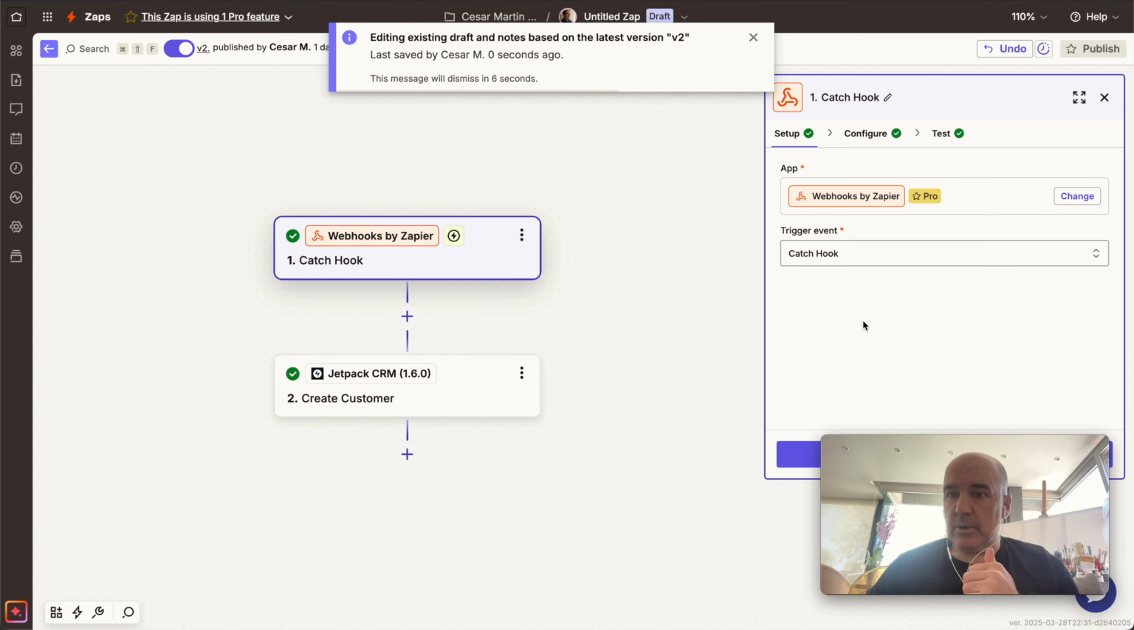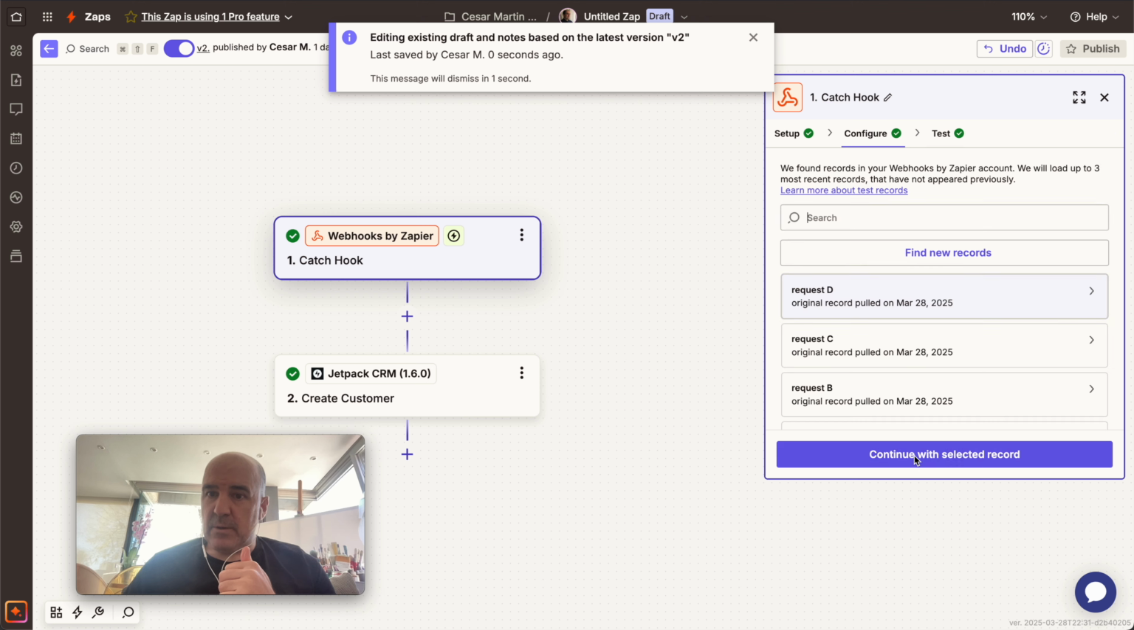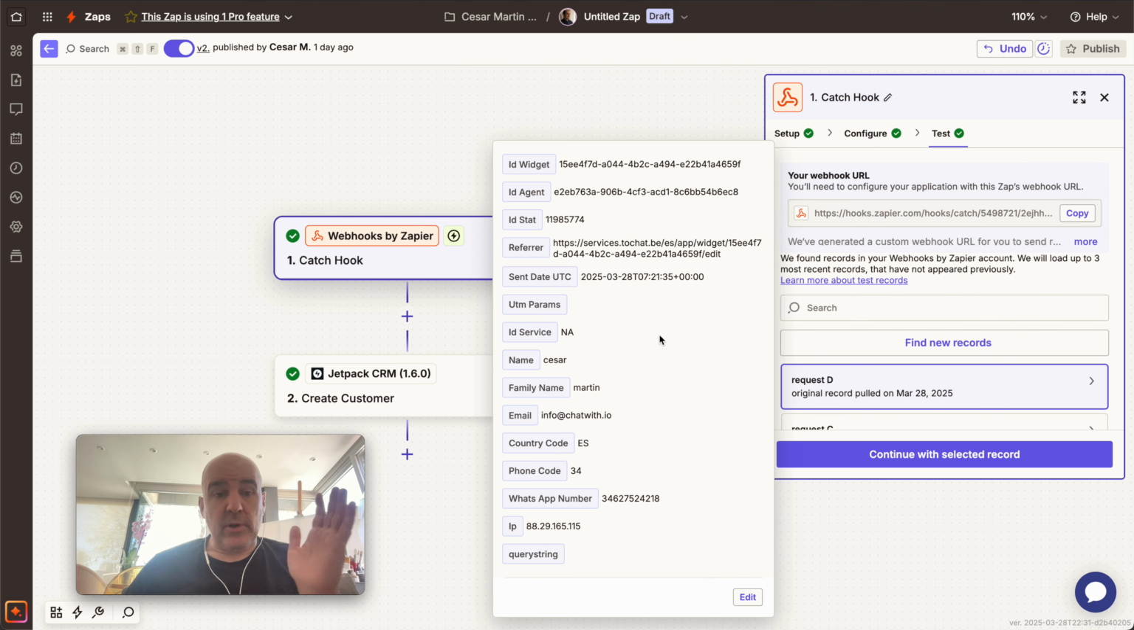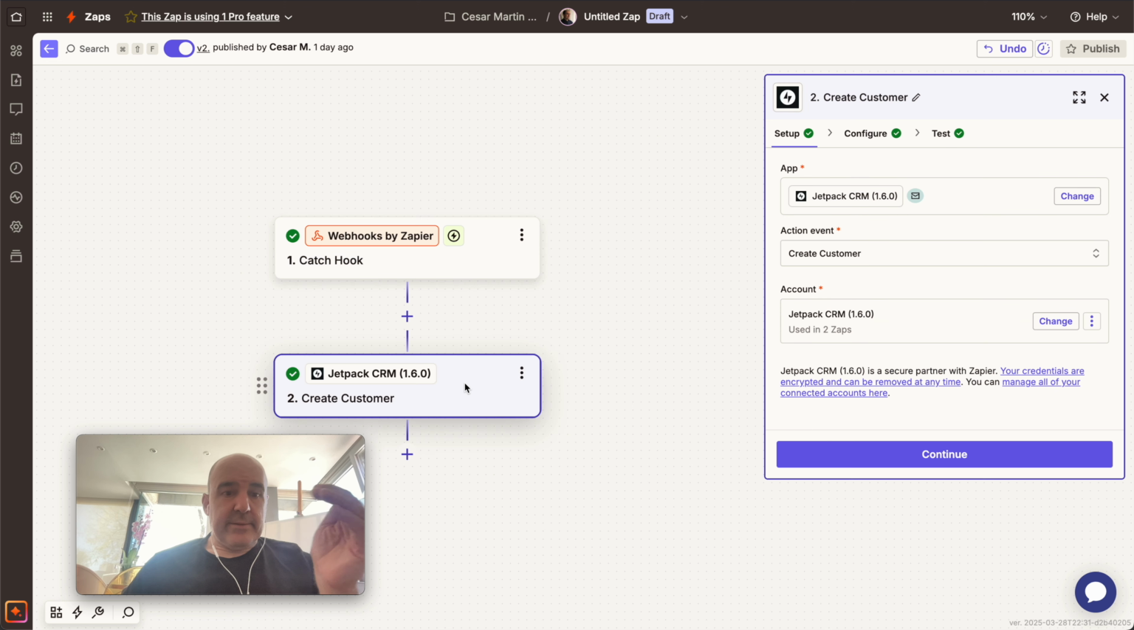Okay, this is the webhook. We catch the webhook. We continue. This is the data that we are sending from the widget to the webhook. This is the contact information: name, family name, email, phone number, all that. So this is the basic stuff. We have other data, like a date, referral, other things that you can send. But so far we are going to focus on this. Then the next step is we